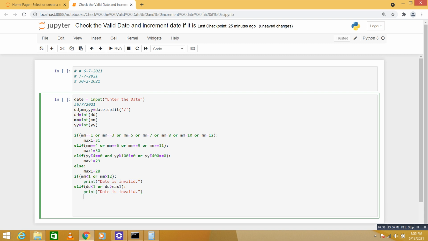Okay, else if date is equal to max1 and month is not equal to 12, so September, December, then say date is 1, month is equal to month plus 1. So we can say it's incorrect date because